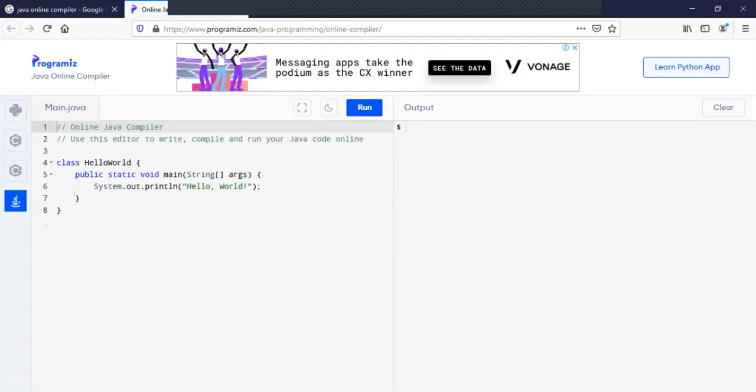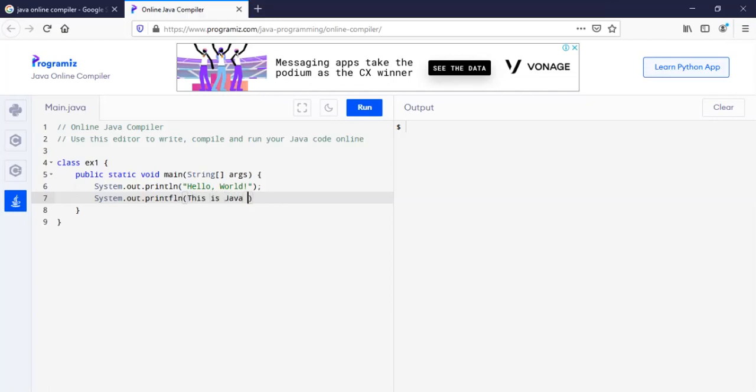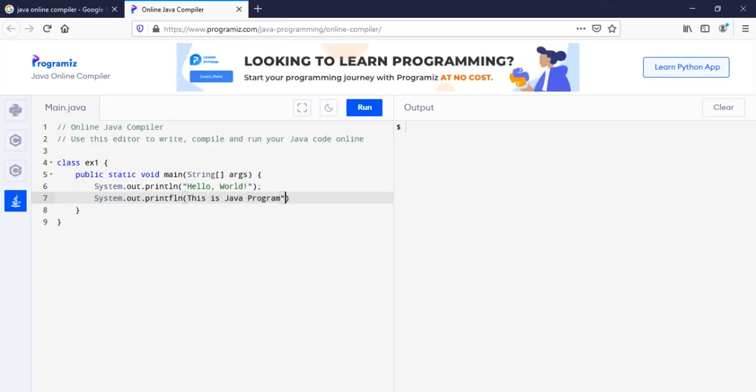After typing your program here, I'm changing my file name to ex1, and here it is hello world. I am again giving another System.out.println, "This is Java program."